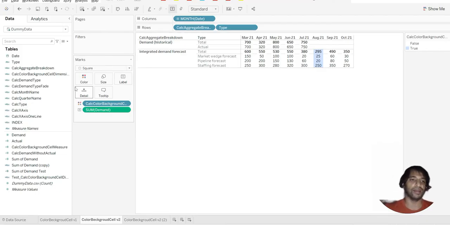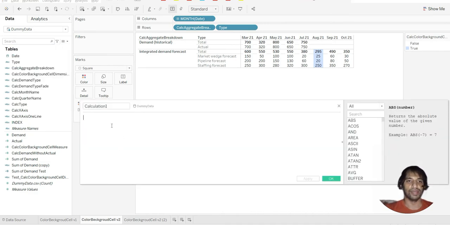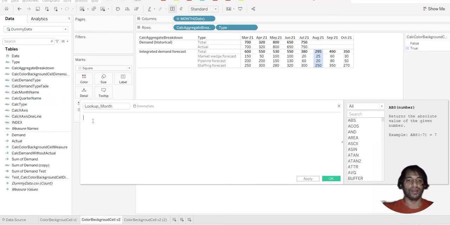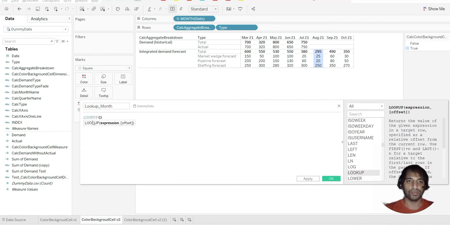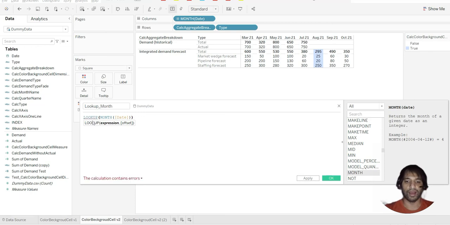So in this case, let us start with a calculation. And if I say lookup month, and I say lookup over there, that's fine. I want month. Okay. And I have date. And let me say offset 0 for now.